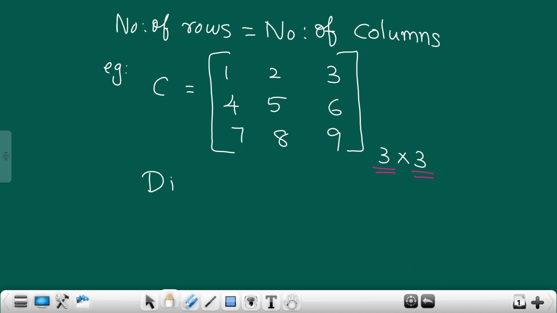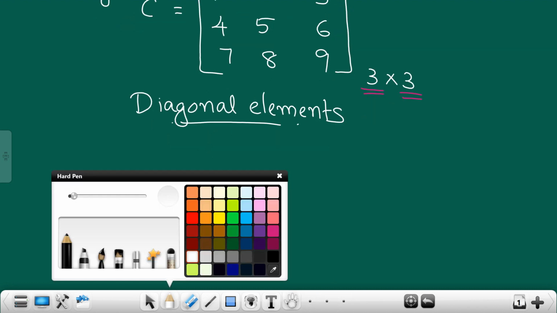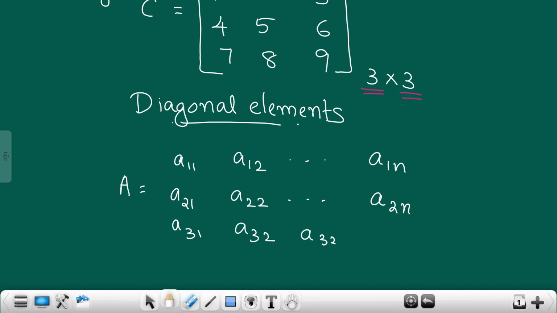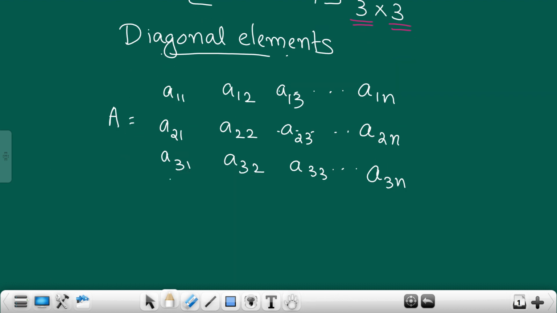Next we discuss diagonal elements. We already studied the general matrix A: A11, A12, etc., A1n, A21, A22, etc., A2n, A31, A32, A33, here A13, A23, etc., A3n. Continuing,